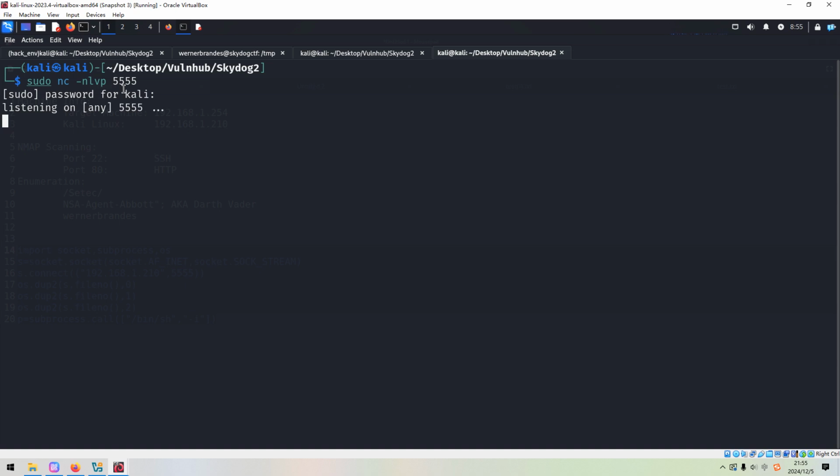Then I think if without any error, we should get another shell which belongs to the root user. Okay. We need to wait a bit more time, maybe 1 or 2 minutes.